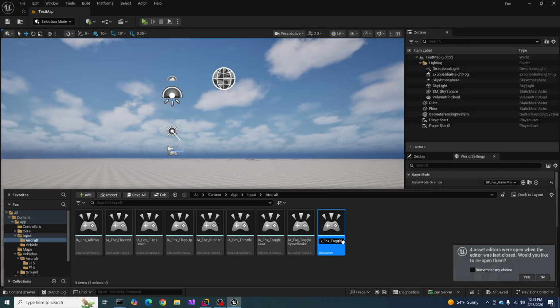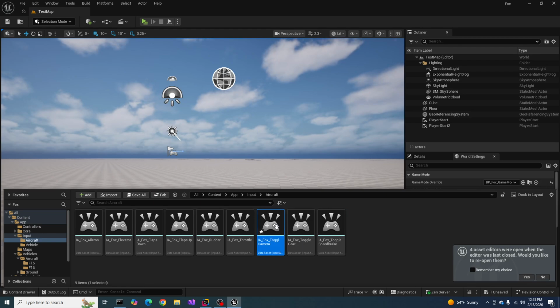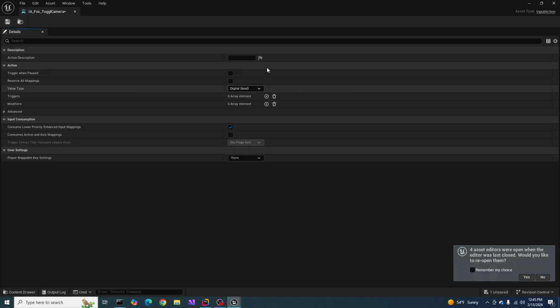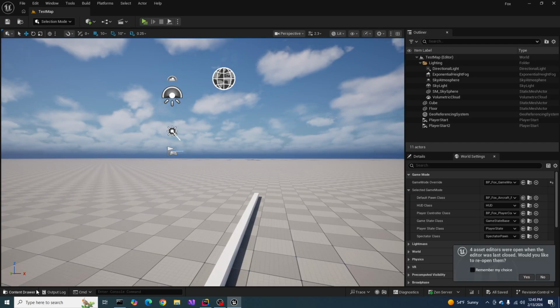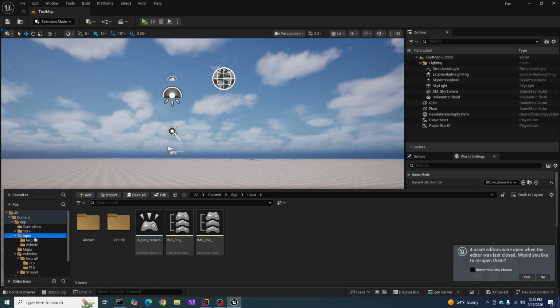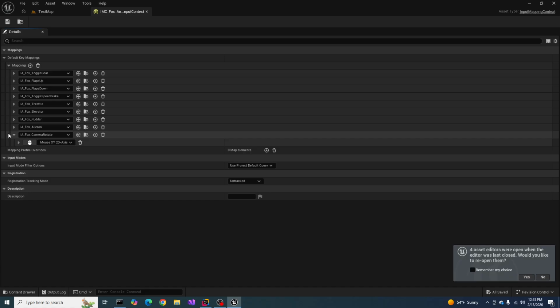I'll go again. Camera. Make sure that's a digital. Yep. Digital. Save it. And we'll come into my context for the aircraft and